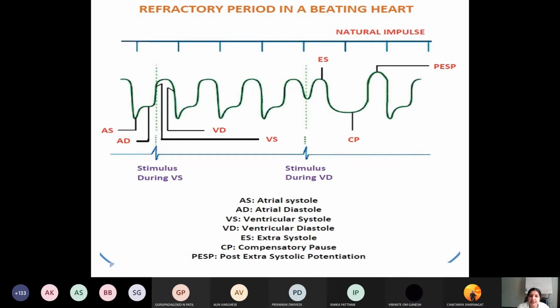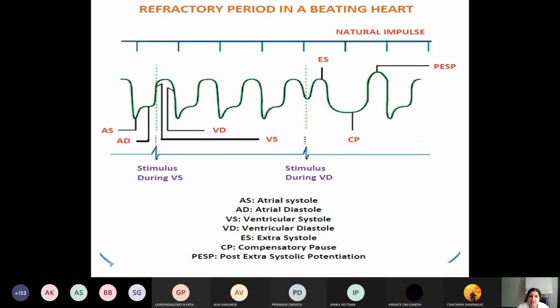That is why any stimulus given in the absolute refractory period will not give any response, so no extra contraction appears. But if the same stimulus is given in the relative refractory period, that is the end of ventricular diastole, then definitely the heart will respond with a systole, that is called extrasystole, and this extrasystole is always followed by